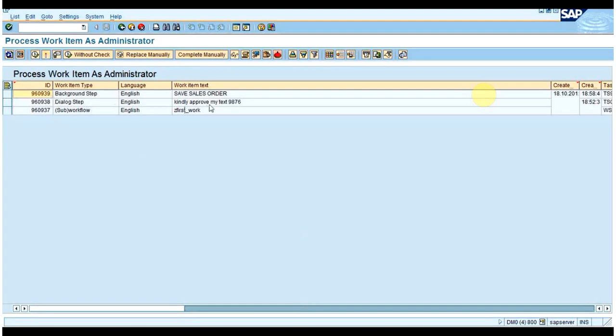So here if you check this confirm end of processing, then whenever you execute that work item, it will show you a pop-up asking you to complete the work item explicitly. But actually we don't do this. If you want to attach some document in the work item, then only you need to check this. Otherwise usually we don't check this.